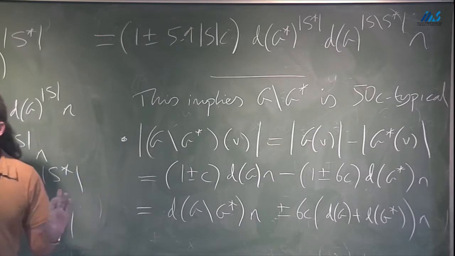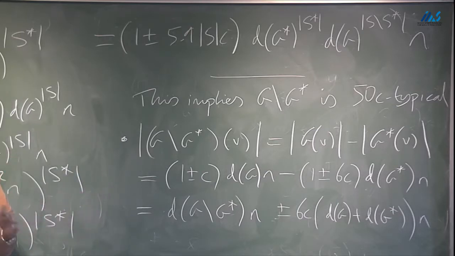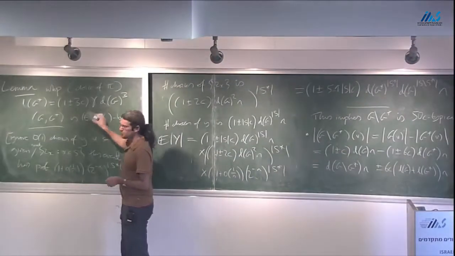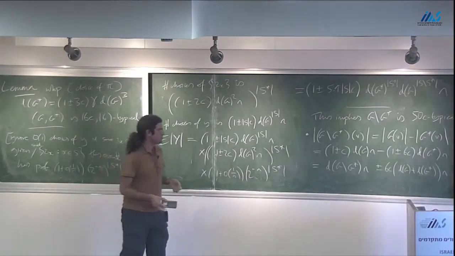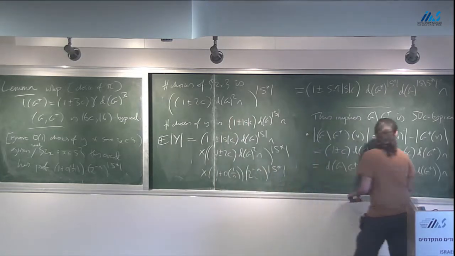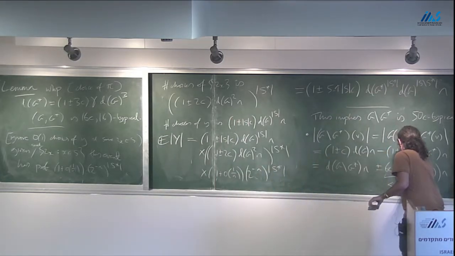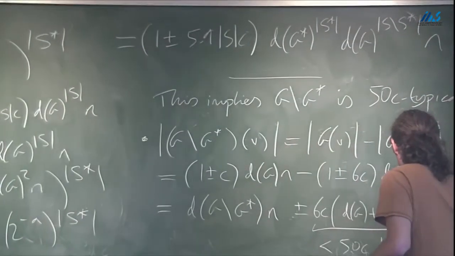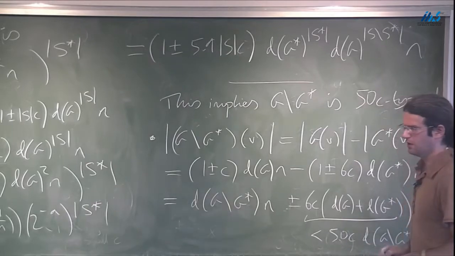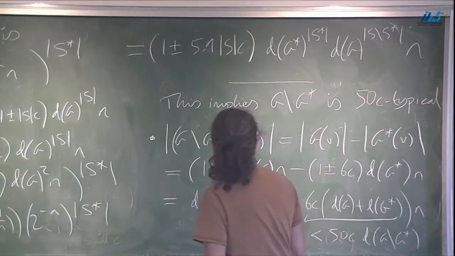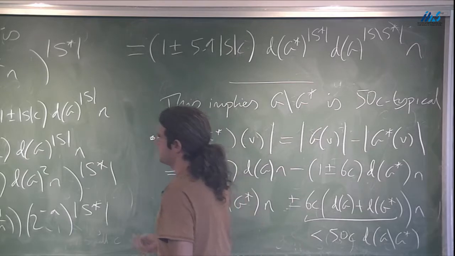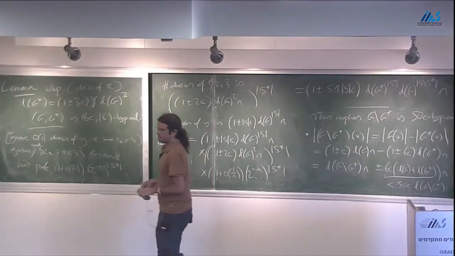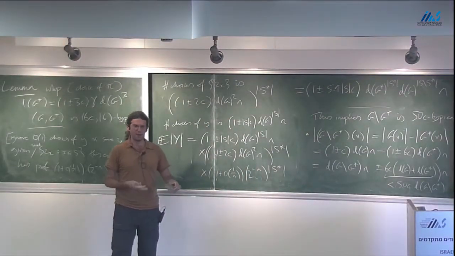And I was careful to choose G star to be not too dense and not too sparse. Actually, I've got this D as well. But you remember that gamma is between 1/4 and 1/2. So I just say that this is less than 50C dG star. Okay, so that's an easy calculation for the vertices, and then for pairs of vertices,